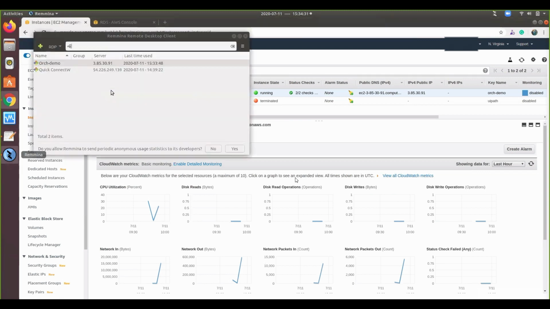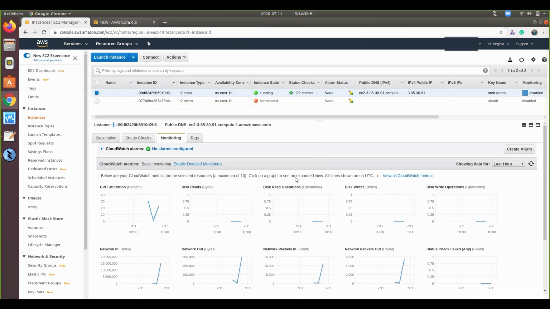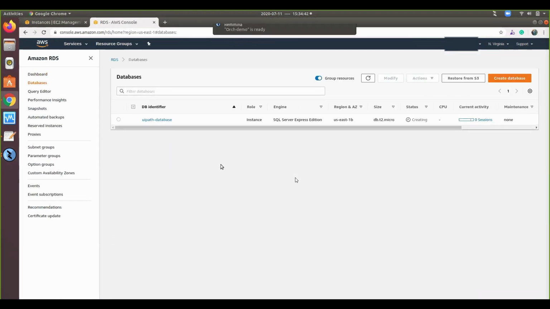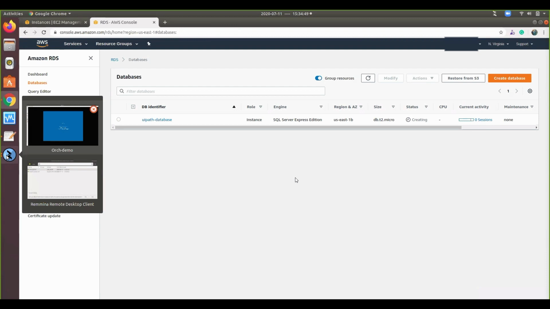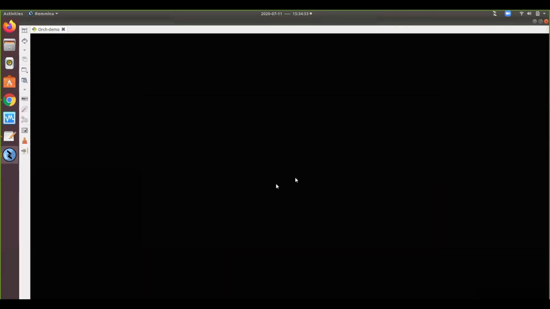That's the reason the connection failed. The database still says creating. So this session is back. We'll continue with the prerequisite, the hosting bundle.